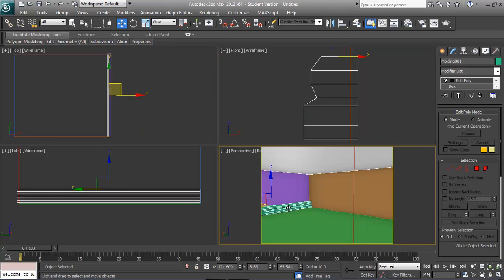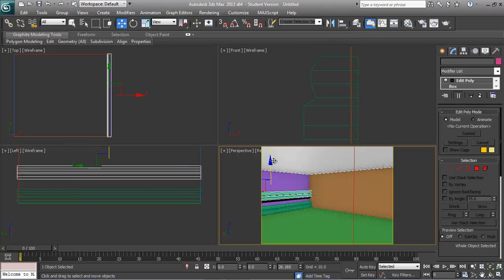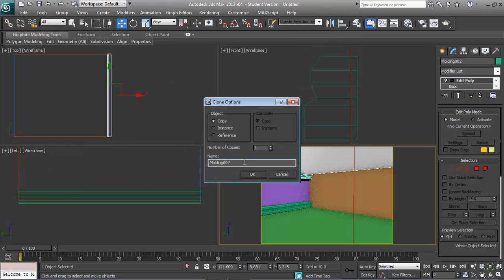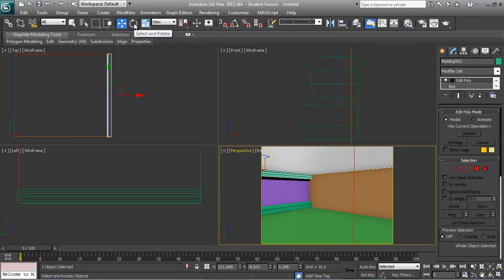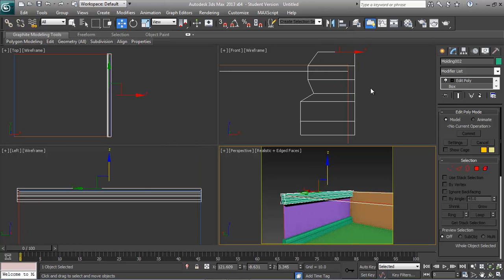And if I want to know whether or not it's the right size, I want to use some reference footage. This is a little bit big. If you look, this total height goes into this whole height about 6 times, which probably would never happen with molding, but just for demo purposes, it's fine. Now I'm going to hold down the Shift key and copy up, and hit OK. And now I have my crown molding. And if I want, I can adjust that. So let's go back and look at the crown molding. And that shape is a little